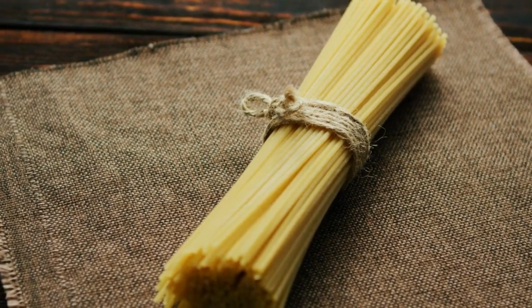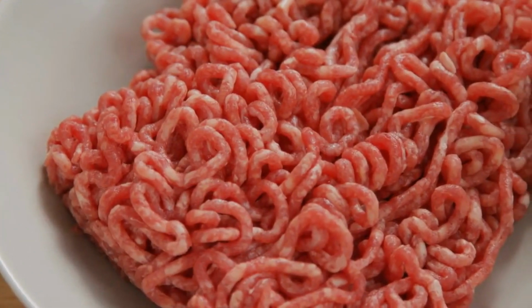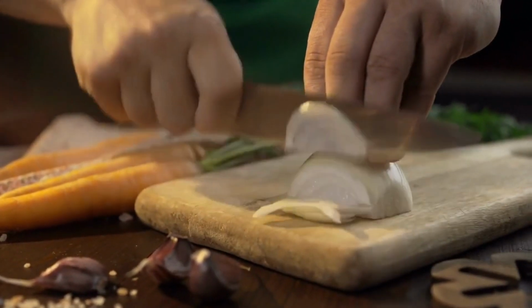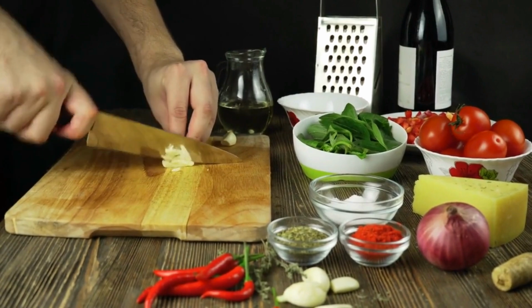340 grams of spaghetti, 450 grams of ground beef, 1 onion, finely chopped, 2 cloves of garlic, minced, 400 grams of crushed tomatoes,